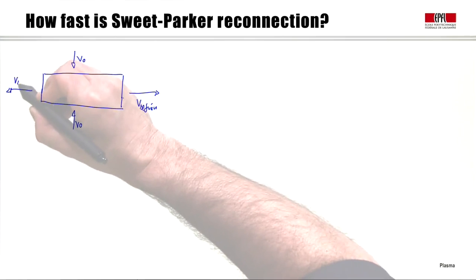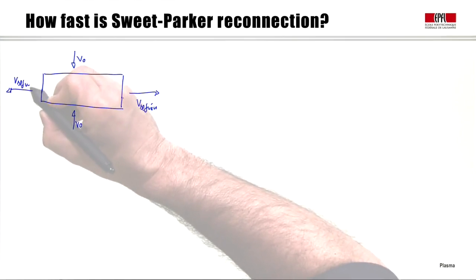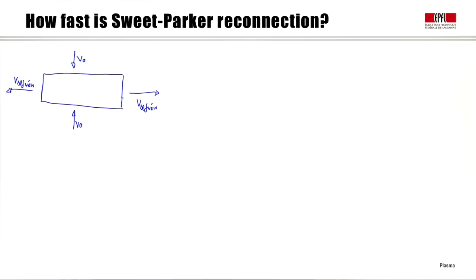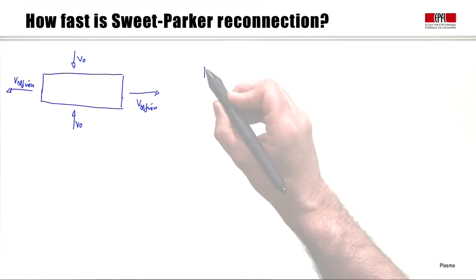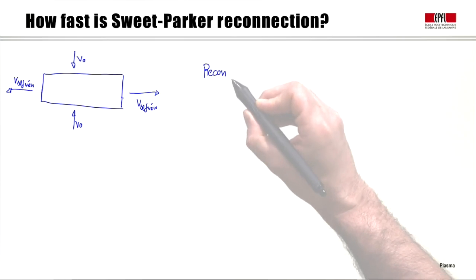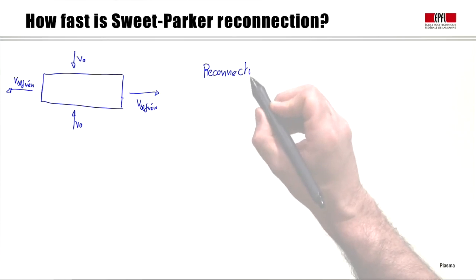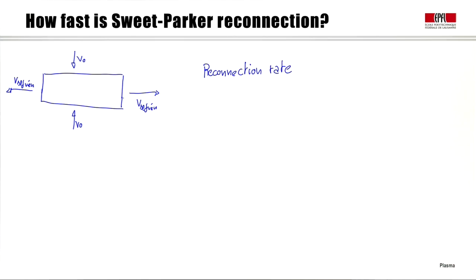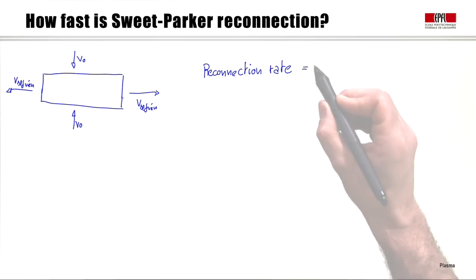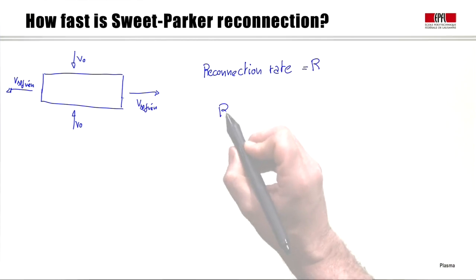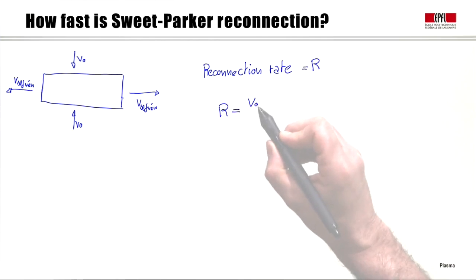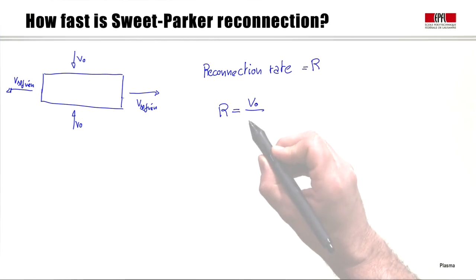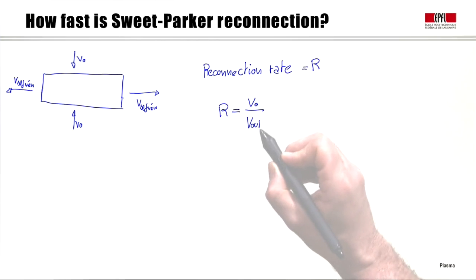No more plasma can enter and carry magnetic flux until the previous one has left. An important parameter to define how fast the reconnection is happening is the so-called reconnection rate. This is defined as the ratio of the incoming flow velocity to the outgoing flow velocity, and in the Sweet-Parker model it is equal to